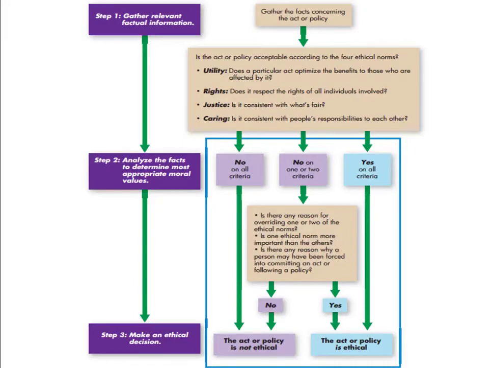Now, really, this is a simple process that helps when making ethical decisions for a person. And there's 3 steps. You can see those here on the left. We're going to gather relevant factual information. Then once we've gathered that information, we're going to analyze the facts to determine the most appropriate moral values. And lastly, we're going to make an ethical decision based on the rightness or wrongness of the proposed activity or